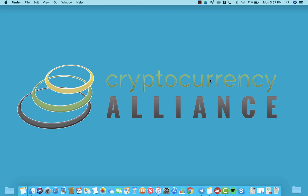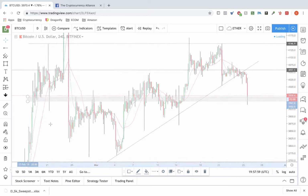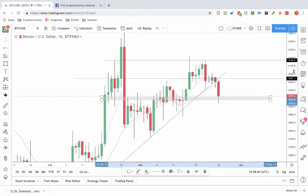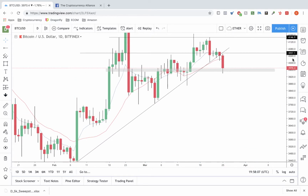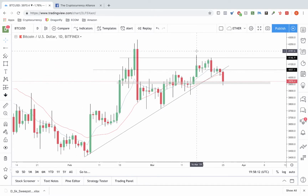So let's take a look at the markets real quick. We had some changes over the weekend in bias, so we'll look at the chart. We'll go back to the daily real quick, open this up a little bit. We got some zones marked up in here. Last time we spoke, we were bullish, hoping this would continue its way past these marks here. But once we hit this wick here, we got denied again, and then the big red bearish candle gave us notification, especially when we fell under the second mark here, that we were probably going to see some downside